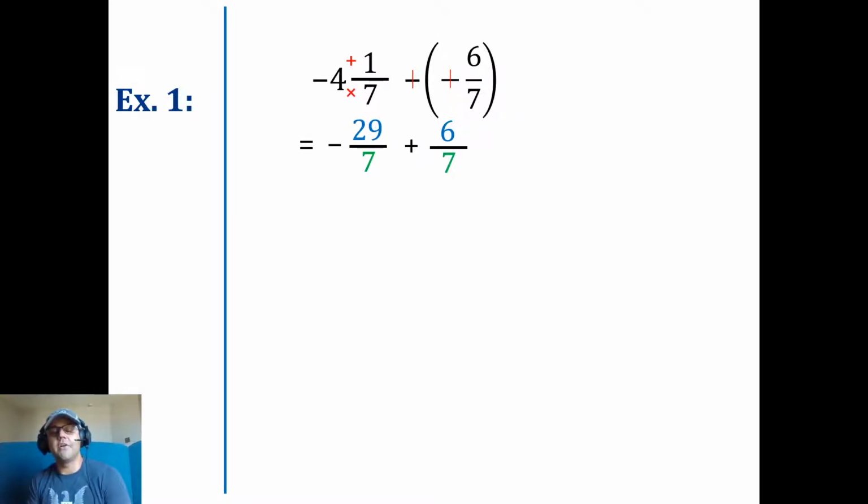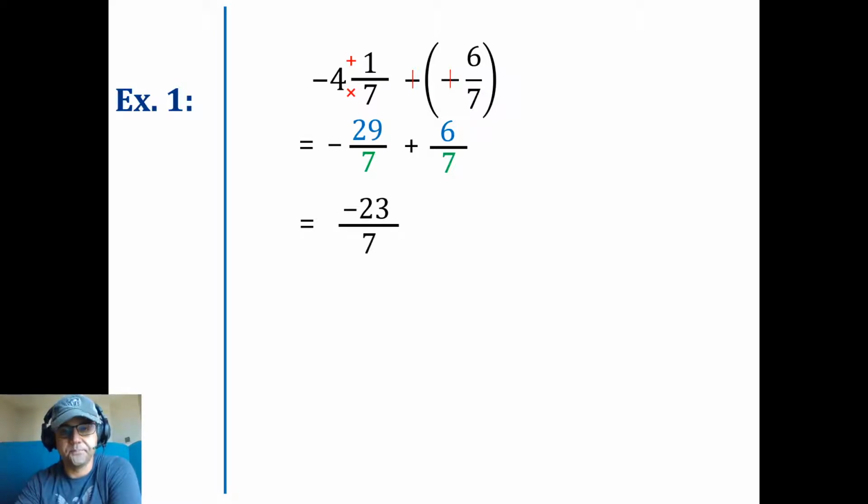So I'm really just going to go ahead and use my integer rules for my numerators. Negative 29 plus 6 is going to give me, well, different signs. Subtract gives me 23. Take the negative sign, because it has the greatest absolute value, which is going to be negative 23 plus 6. I've got negative 23,